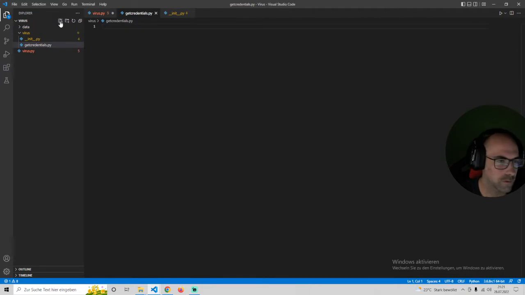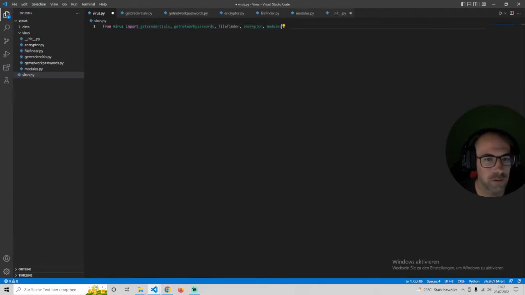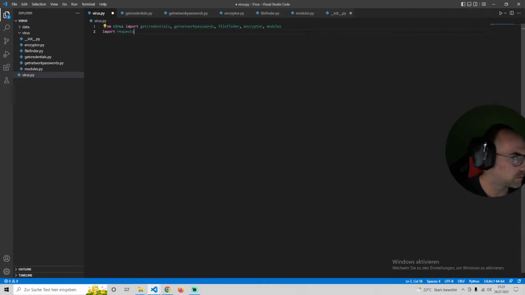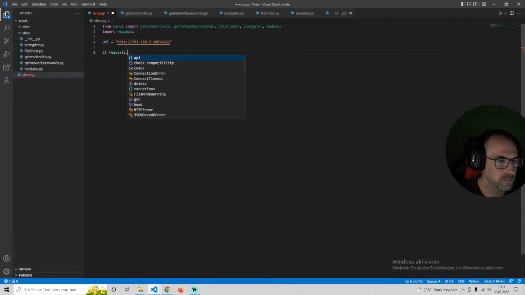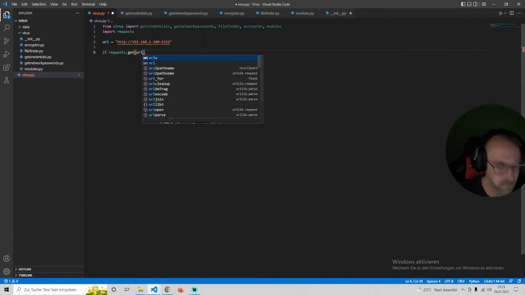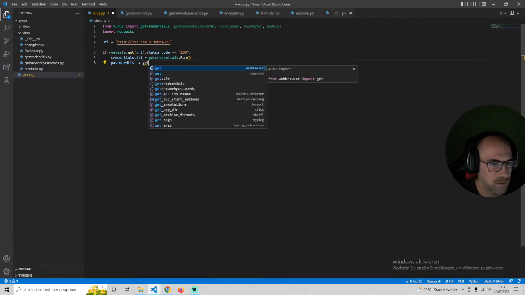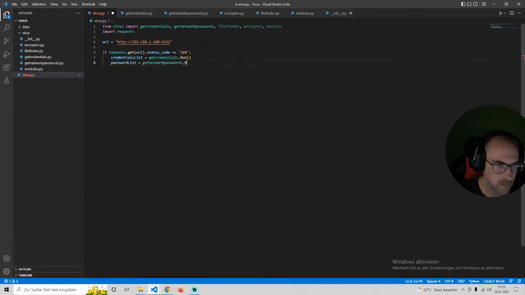Get credentials, import requests, and then we say URL equals, I specify this URL for my server now. Then I check if my server is there. We'll perform the bad stuff. We now get our password list, network passwords, run,